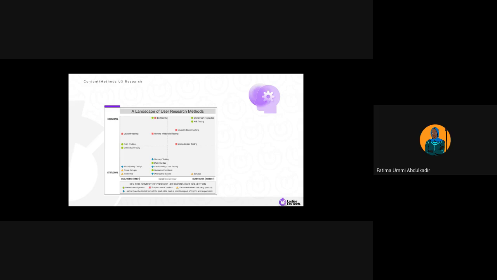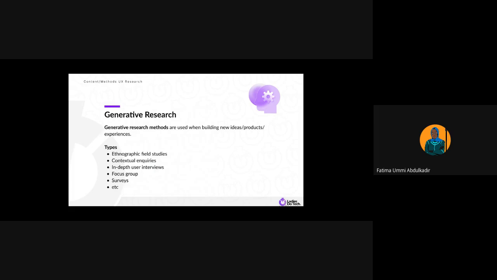Then attitudinal, here they are saying focus group. With a focus group, you are basically listening to users, so that's why it's attitude. The user is telling you what they want or what they are thinking, so it's their attitude. Interviews also give you that kind of result. If you look at focus groups and interviews, they are generative because you are trying to get something from them. So I will just move on. Let me not explain everything at this point because we are going in one by one.